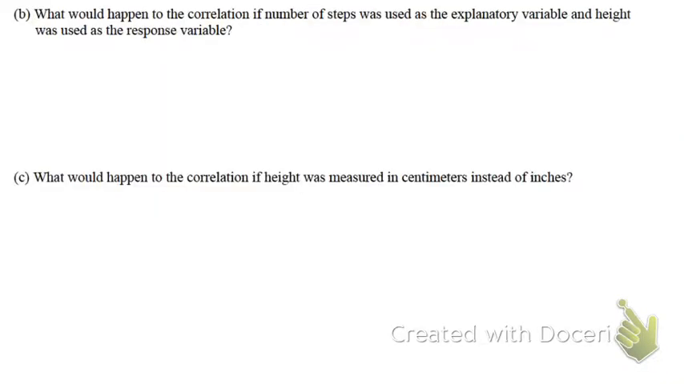B. What would happen to the correlation if the number of steps was accidentally used as the explanatory variable and the height was accidentally used as the response variable? The positive and negative would flop? So would R become positive now? No, wait. I still feel like you'd get the same amount of correlation either way, because it's not like one's more correlated when you flip it. It would be pretty similar, right? Because correlation is always